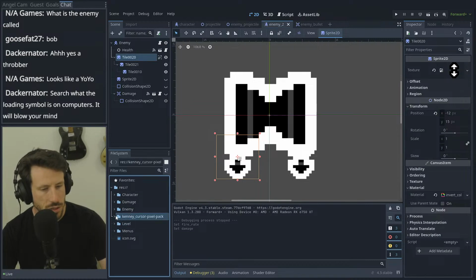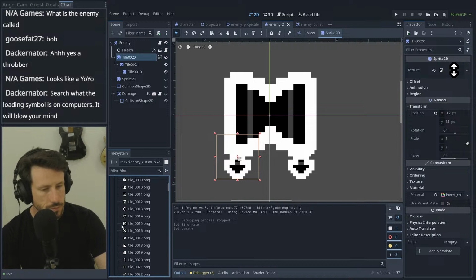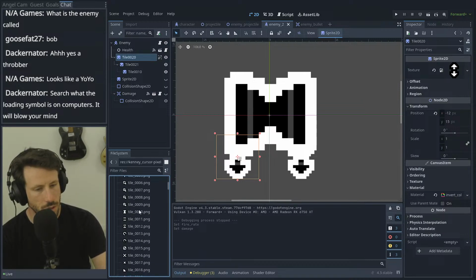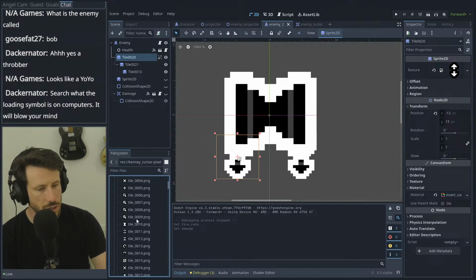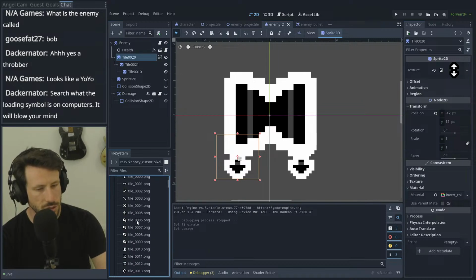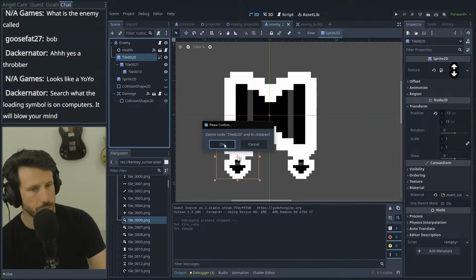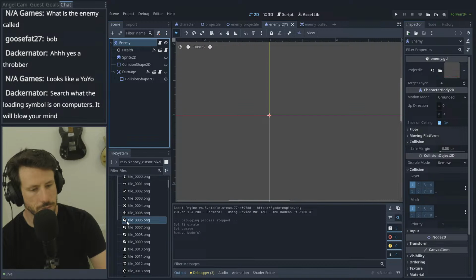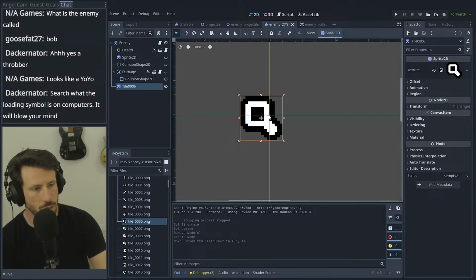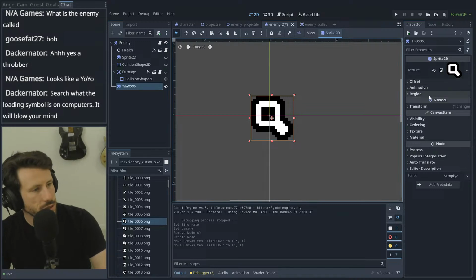No, we want the cursor pack. I mean, you can do a lot here, right? I saw something before. It was like the magnifying glass. So let's just delete this and rotate this